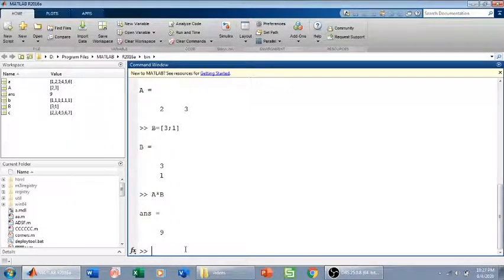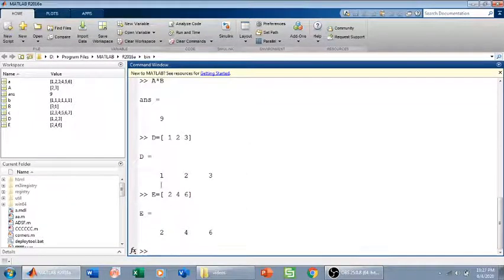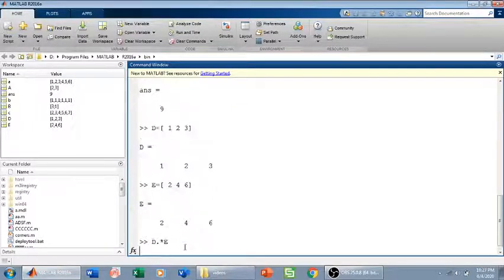star operator. For example, if I have a matrix, let us call it D is equal to 1, 2, 3. Fine. E is equal to 2, 4, 6. Now to multiply 1 with 2, 2 with 4, 3 with 6, I can simply write D dot star E. Fine.